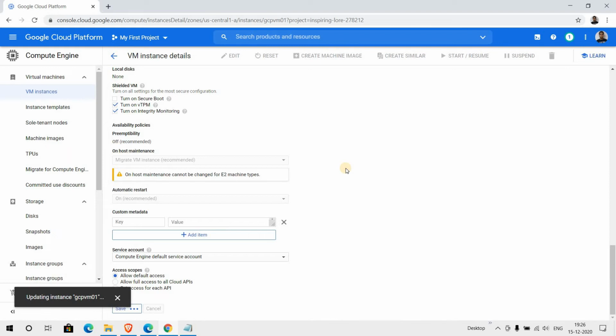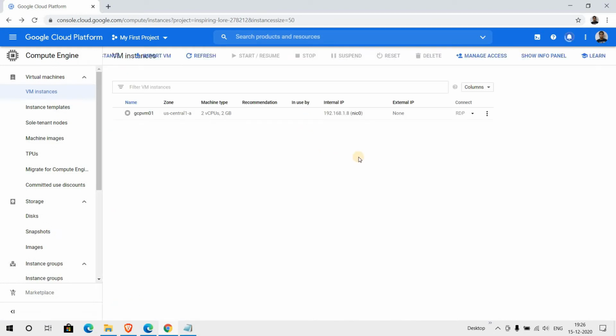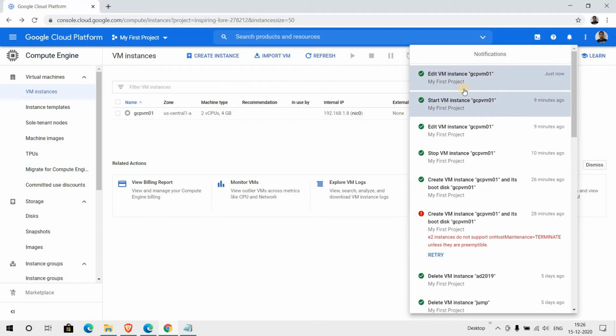It will take some time, and you will be able to see the type of this machine has changed. It takes some time to reflect. Here you can see it is reflected. Now it is showing 2 CPU and 4 GB of RAM, and you will get a notification on this notification icon as well. We have edited this machine.